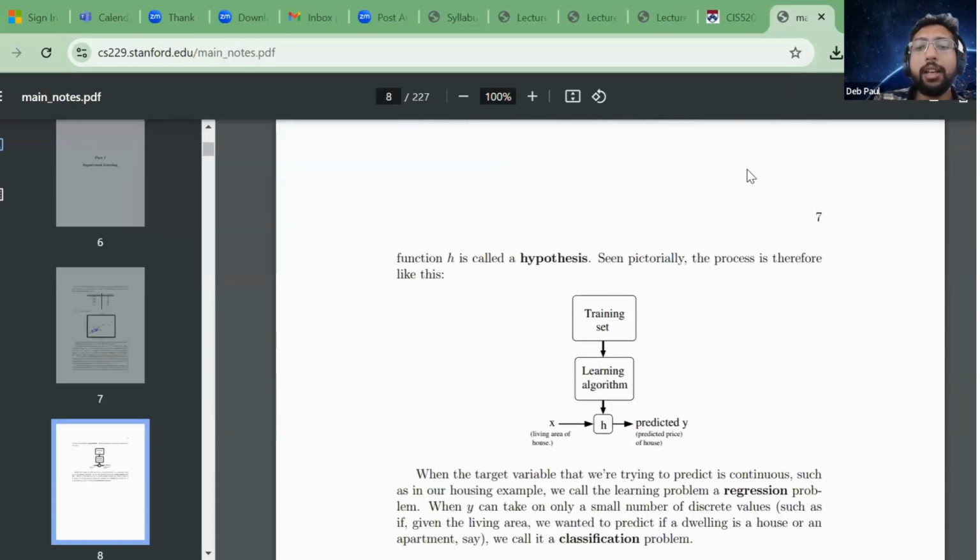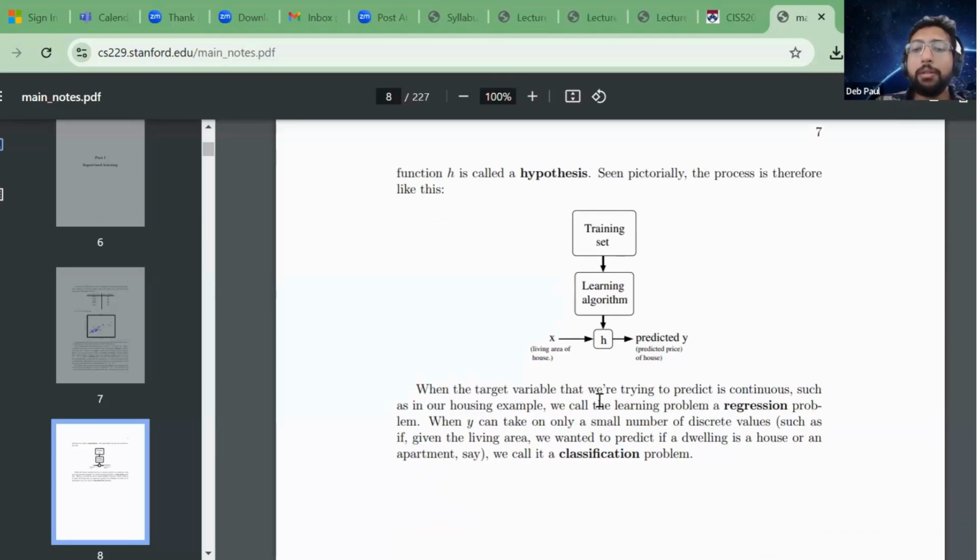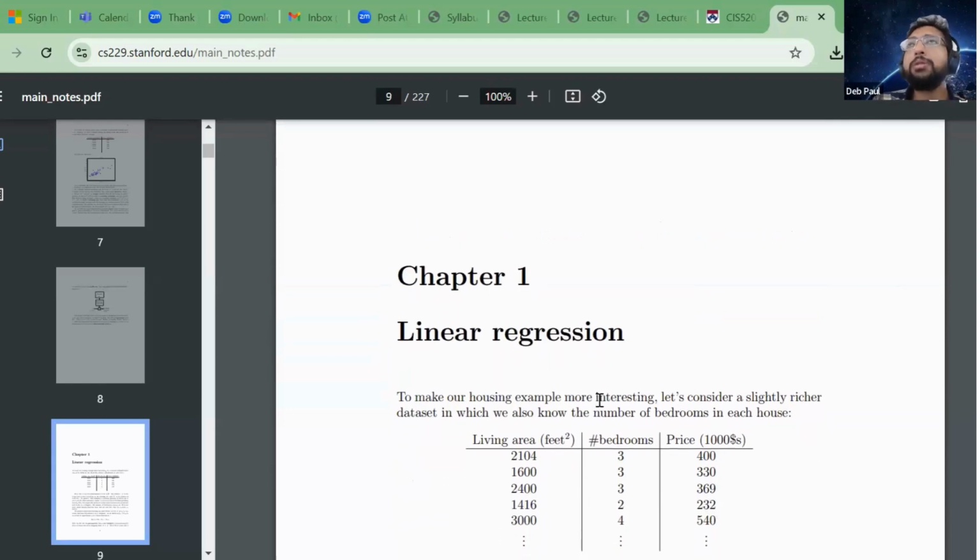What we are trying to do is say that we have this training set, we have this feature, and we have a learning algorithm, and that is my hypothesis. H is my hypothesis, and basically I pass this one feature through this hypothesis, or my algorithm, and it predicts some value, which is the value that I want. Depending on whether y is a continuous value or a discrete value, I can either choose regression or classification, and from there I will go, right.